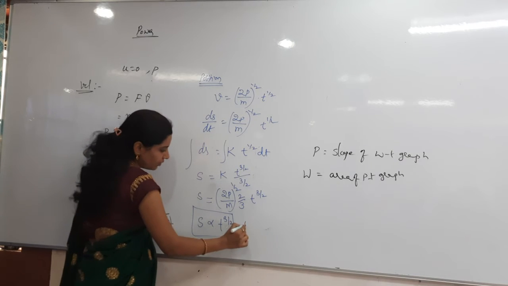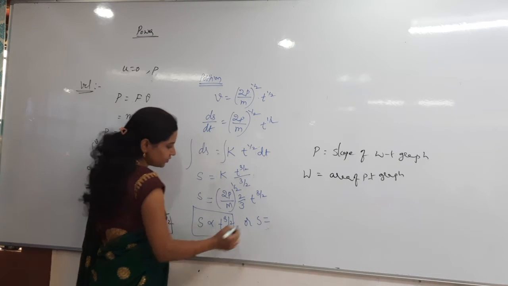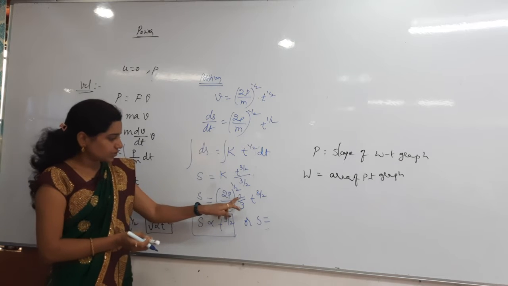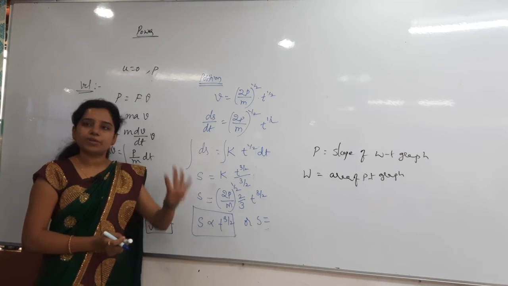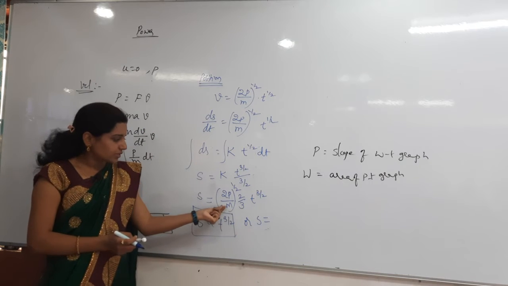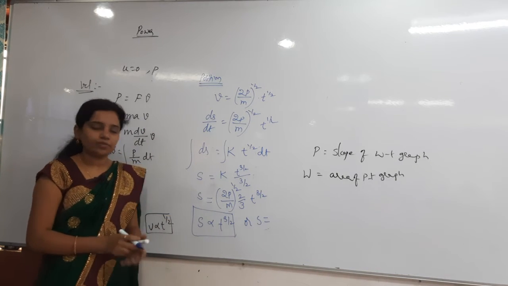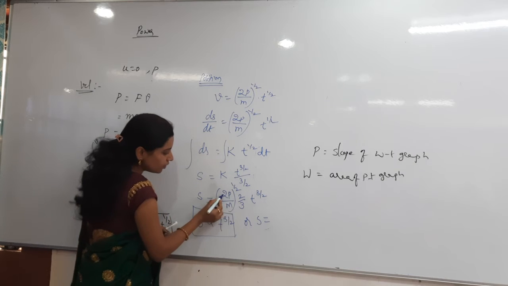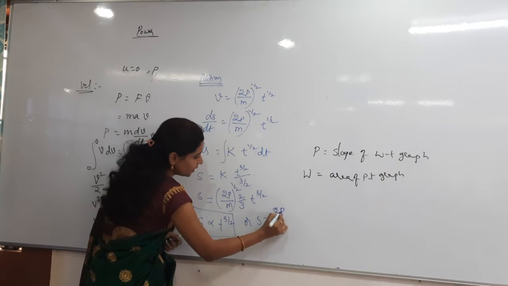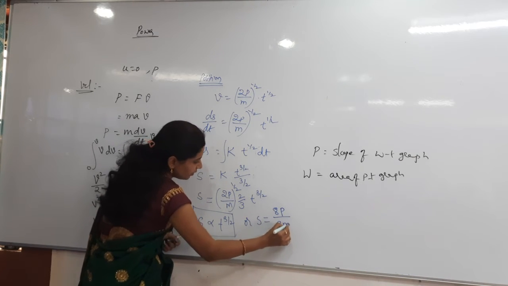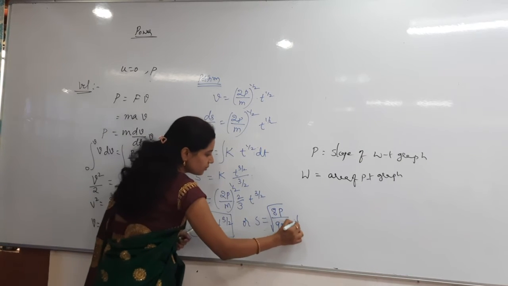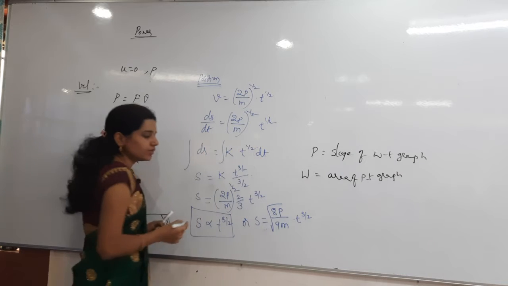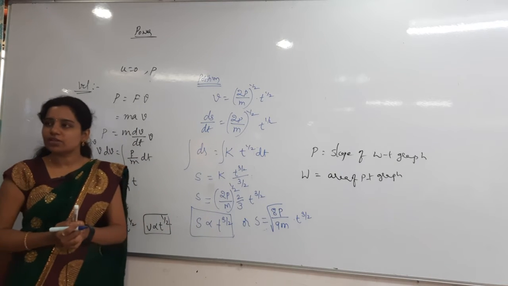And also if I want to write the final conclusion, s is equal to, can I send this 2 inside of the root? If I send 2 inside of the root, what will happen? It will become 4. If I send 3 inside of the root, it will become 9. So here 4 into 2, that is 8p divided by 9m whole power 1 by 2, root, into what is remaining for us? T power 3 by 2 is remaining. You understand what I have written?